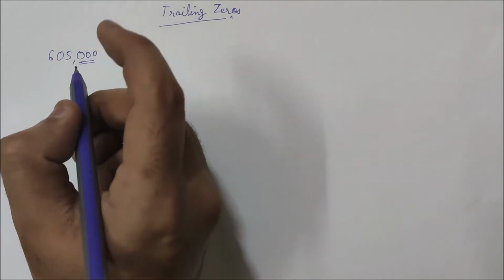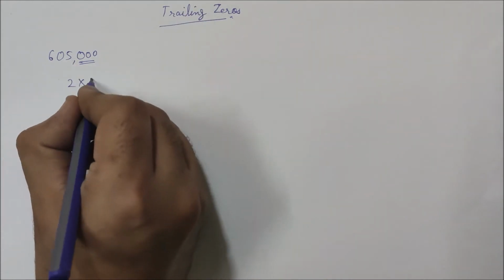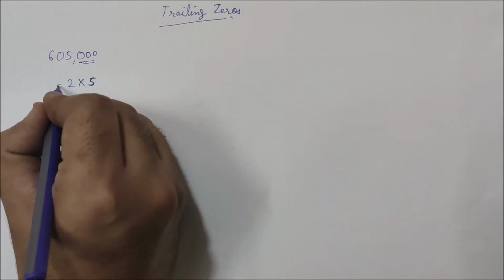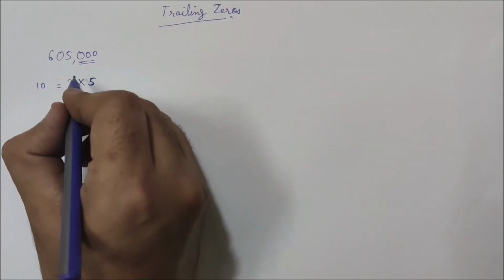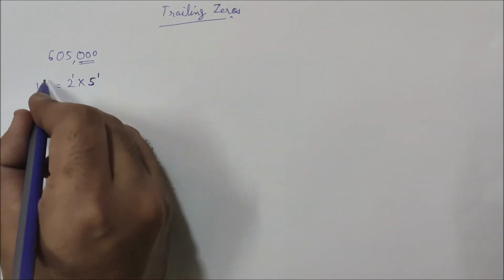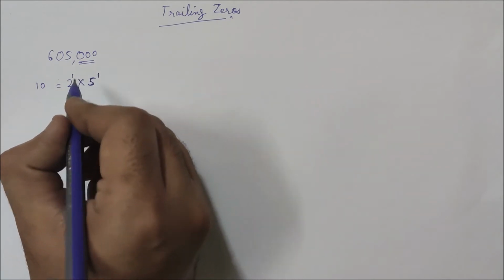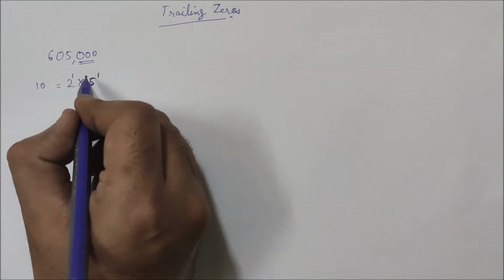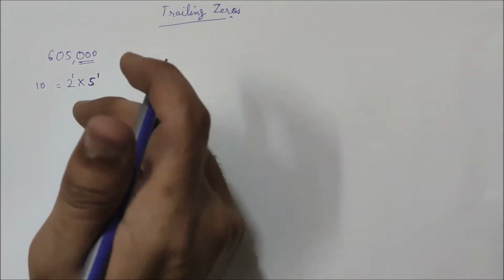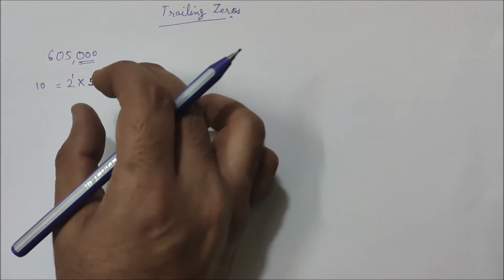So how do we get a 0? To get a 0, we need a 2, and when it is multiplied by a 5, I'll get a 0, that is 10, right? So I need at least one 2 multiplied with at least one 5 to get at least one 0. So any number that has a 0 must necessarily have at least one 2 and at least one 5, right? We have already discussed this while we were doing the factorization of a number.